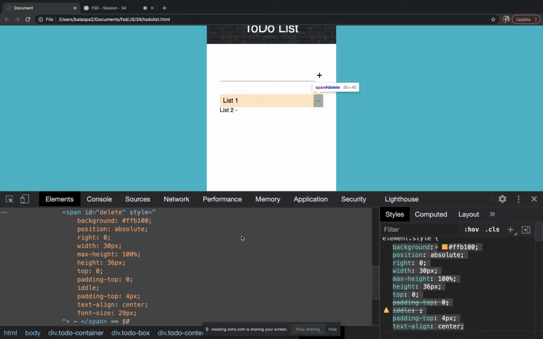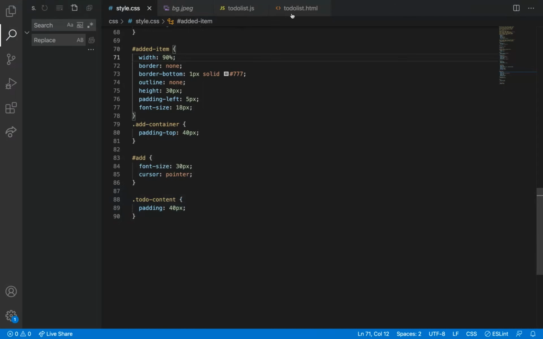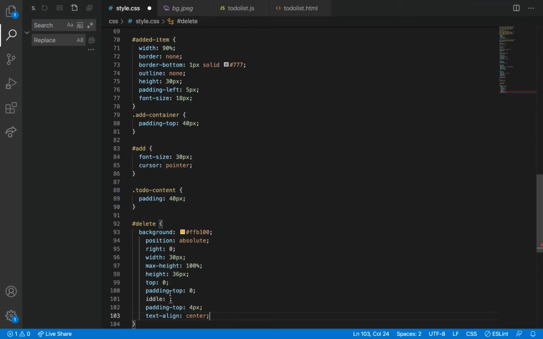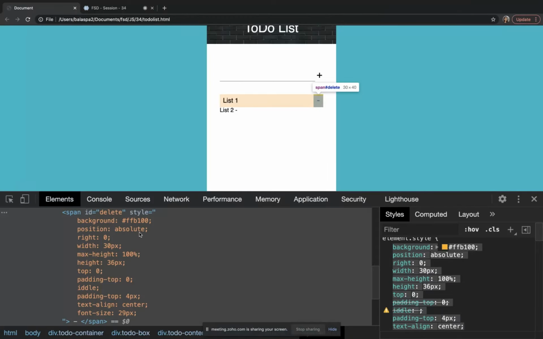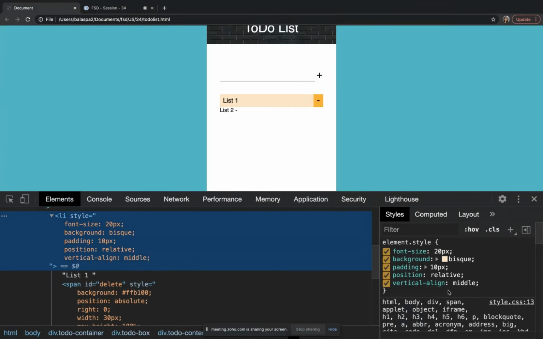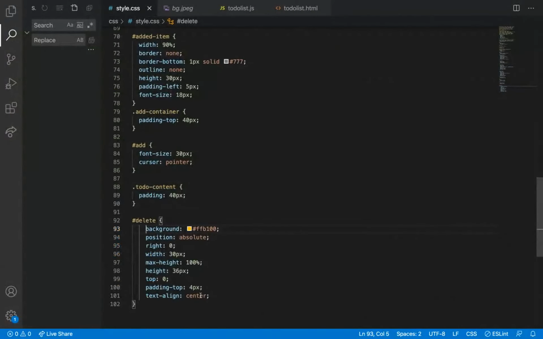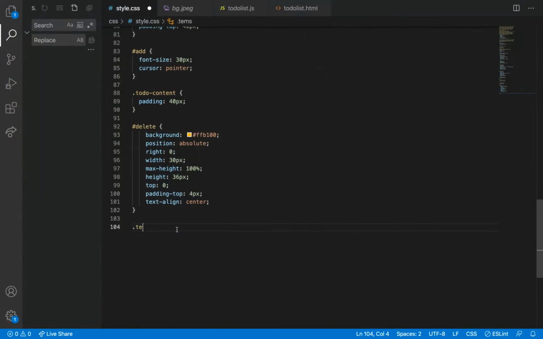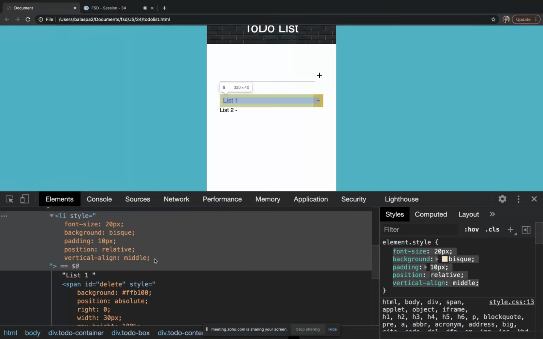So to delete, the class I have added. So delete. Where is the delete? Slash hash delete. Okay, and then I have added some styles here. What is that? li items, dot li, dot items li. I hope I have added all the styles.